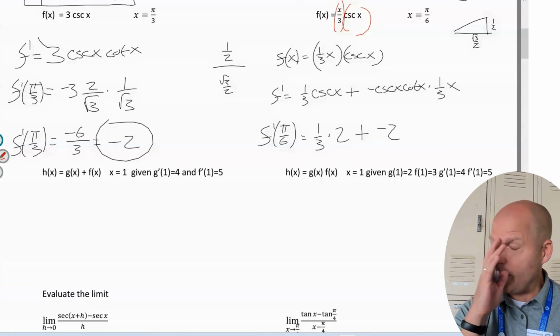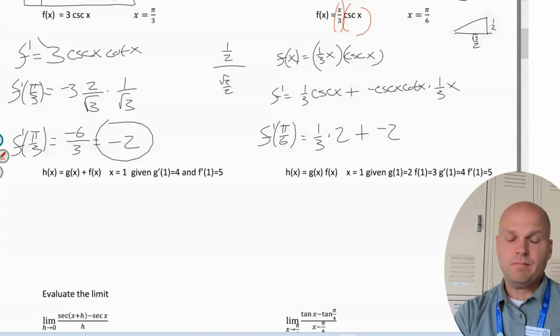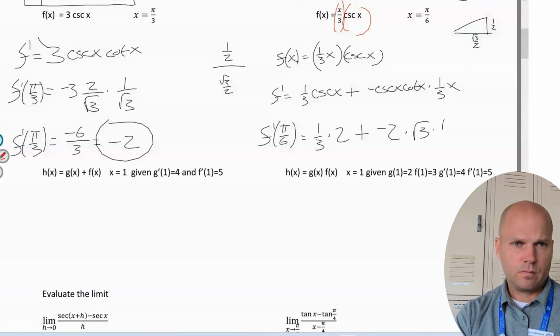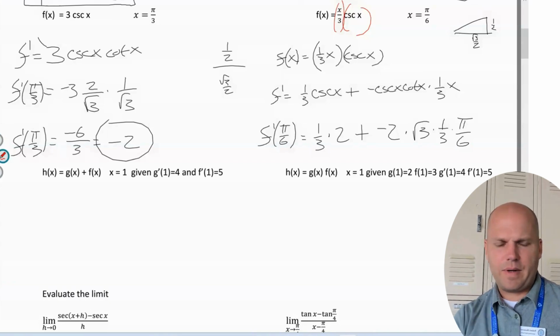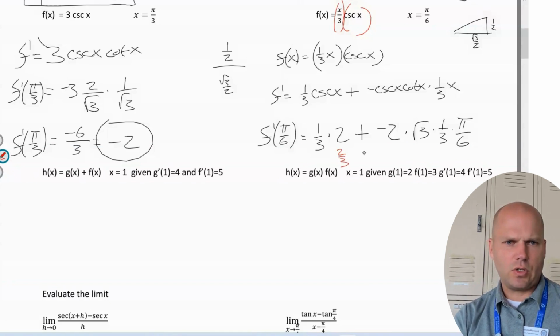Cotangent is adjacent over opposite. Cotangent is √3/2 over a half, which will be √3. Oh, and now I have a pi/6 in there. Probably not going to want to simplify this much. I got 2/3